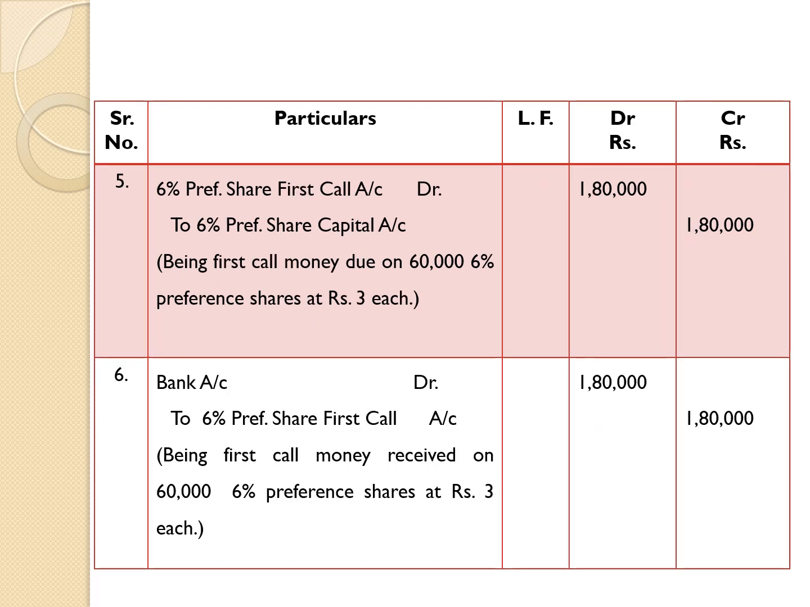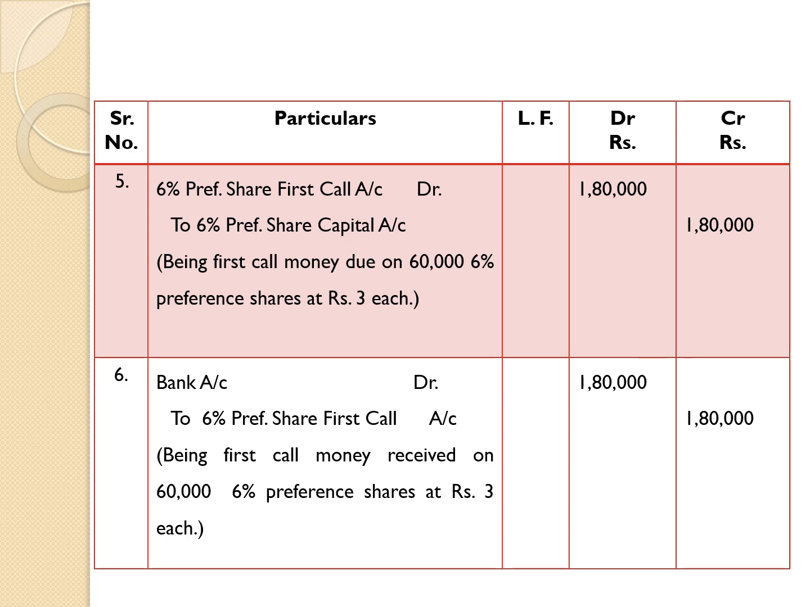Here we have passed 4 entries, 2 journal entries regarding application and 2 journal entries regarding allotment. Then the next stage after the allotment stage is termed as call. Here the company demanded rupees 3 per share on first call. So we are going to pass 2 entries about first call, of which